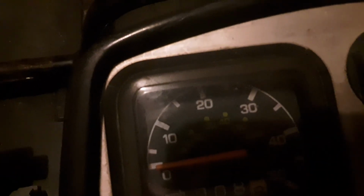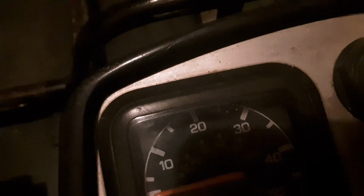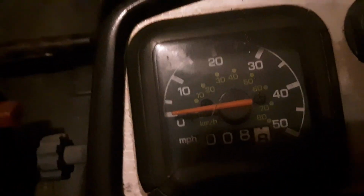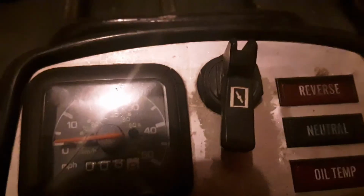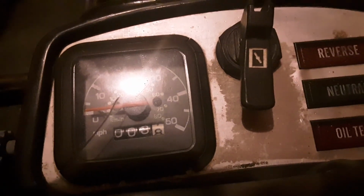And obviously, I do not believe that this can go 50 miles an hour, because right now I can only hit 25, which is okay, because I really don't go over 25. I don't see a need to. I don't really want to go over that anyway, because you can get hurt. You want to be safe on these, especially if you don't have the right gear,